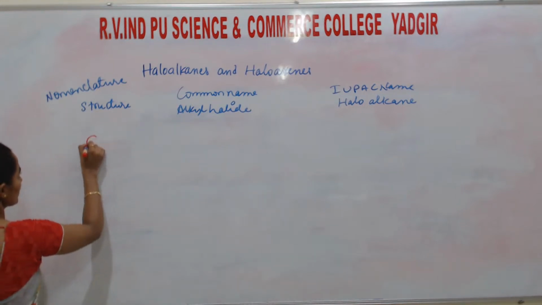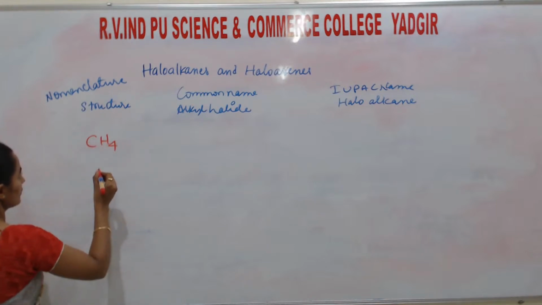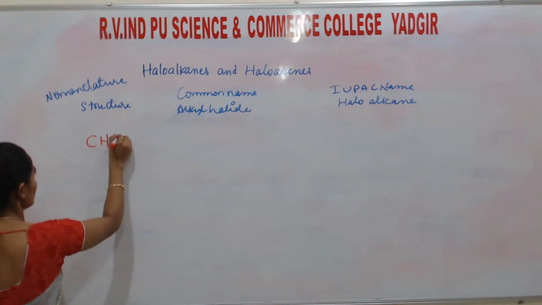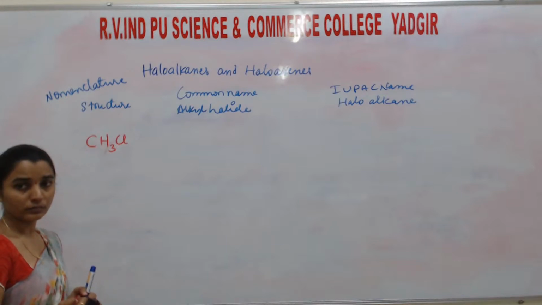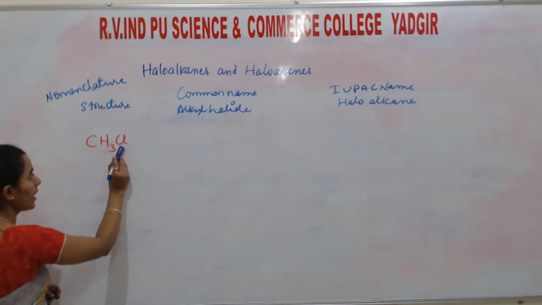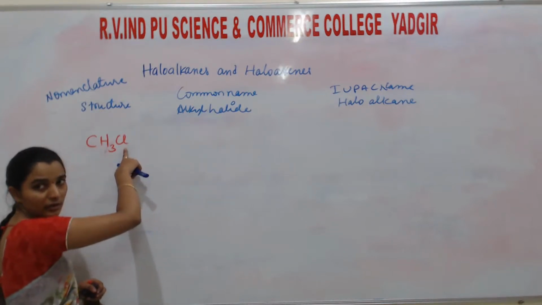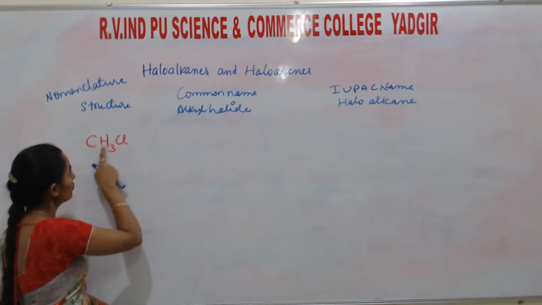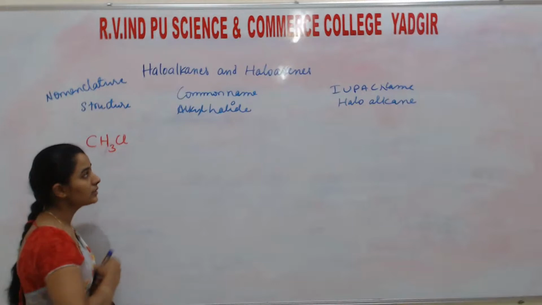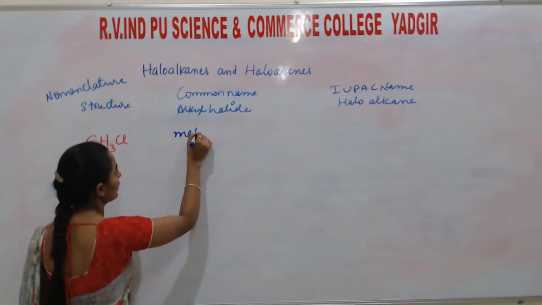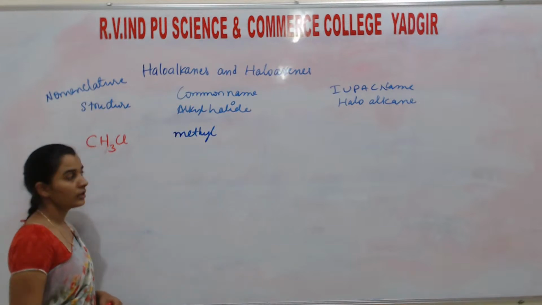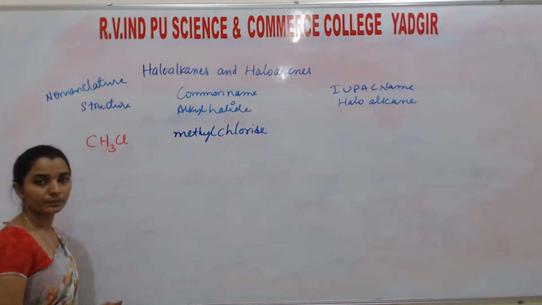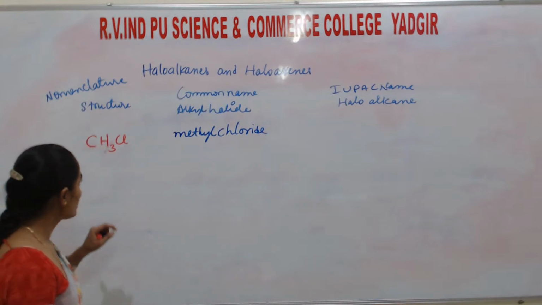Here I'll take the simple structure CH3Cl. Okay. So in the place of halide, what is there? Cl is there. So if we want to pronounce it as halide, this becomes chloride. So your alkyl group means CH3. One carbon atom means it takes methyl. This is methyl chloride. This is the common name. Okay. So in the IUPAC name,